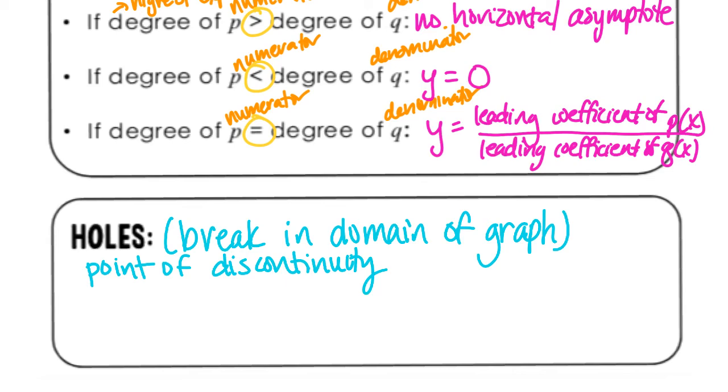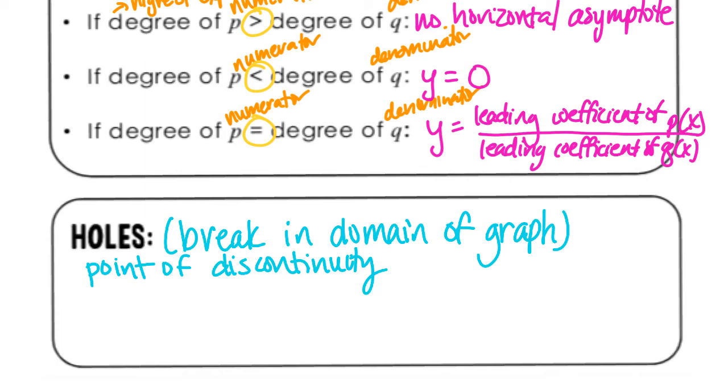And you're driving along the road and it's continuous and everything is really smooth until you get to a hole in the road and you can't go over the hole. So you kind of have to jump over it. And then you can continue driving, right? Your car has to, of course, have some type of jumpy skills. But anyway, the same thing is going to happen in a graph. You're going to have a hole in the graph. You won't be able to continue moving forward in the graph until you jump over the hole,